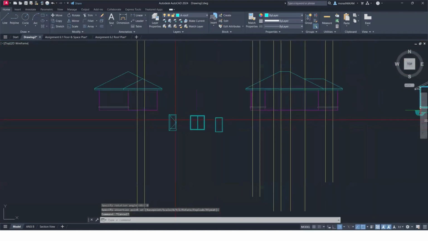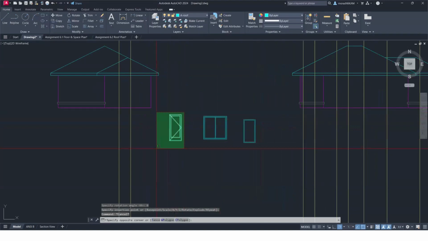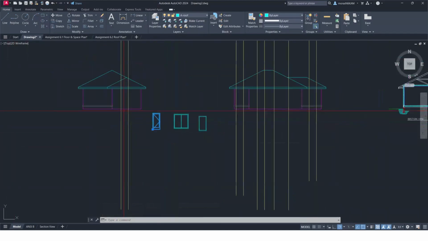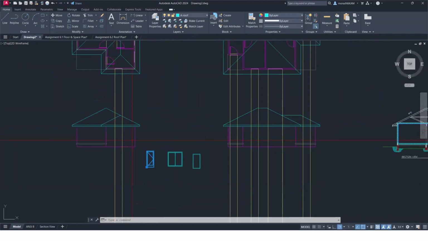Okay. And so I'm going to go ahead and move this one to,